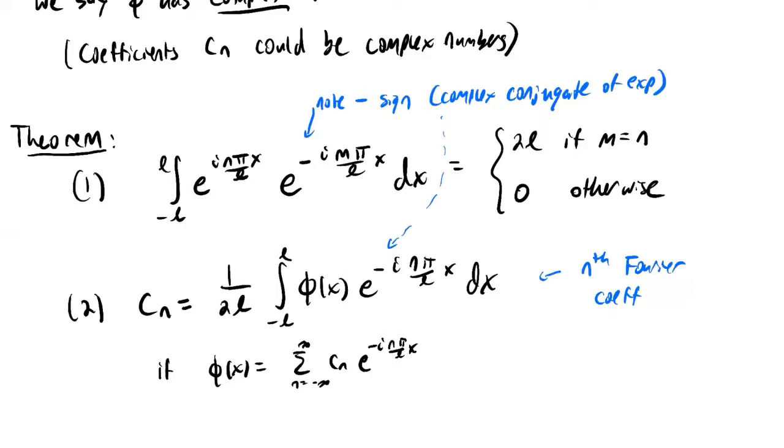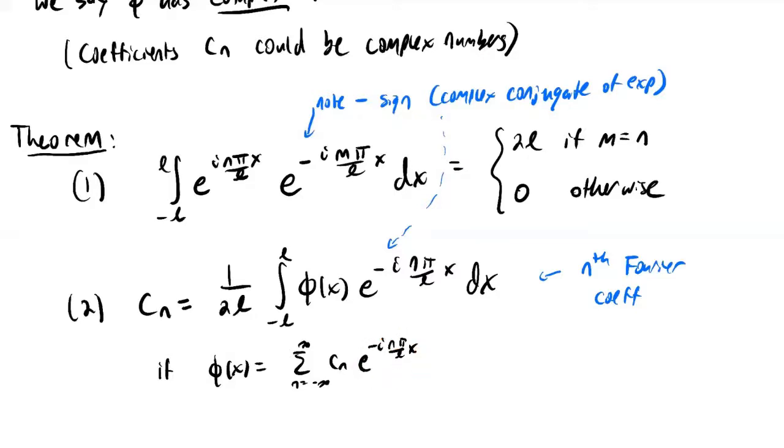Right, you want to first prove the orthogonality, which is just a calculation involving taking the antiderivative of an exponential, which is easy. And then for the second part, well, what do you do? You have this series here. We're going to plug this in for phi, right? You plug in this infinite series for phi. And since each term in the series involves a complex